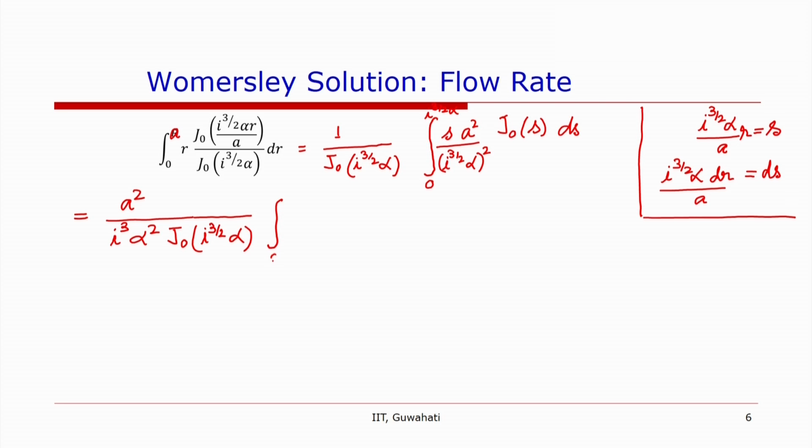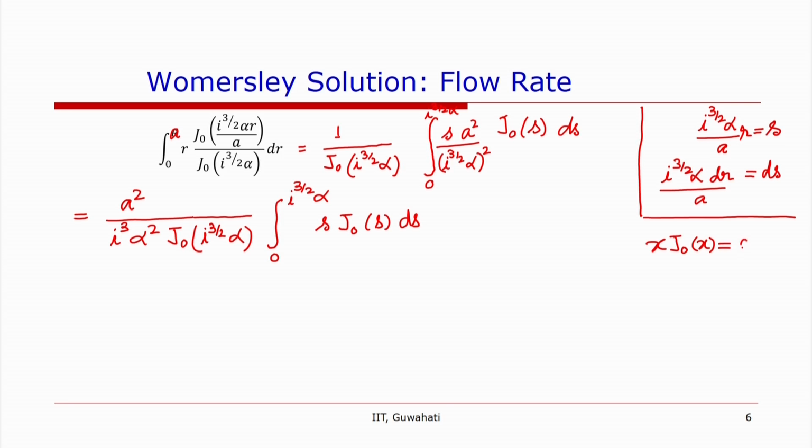Integral 0 to i to the power 3 by 2 alpha of s j0 s ds. Now we had just seen the relationship in the previous slides, that